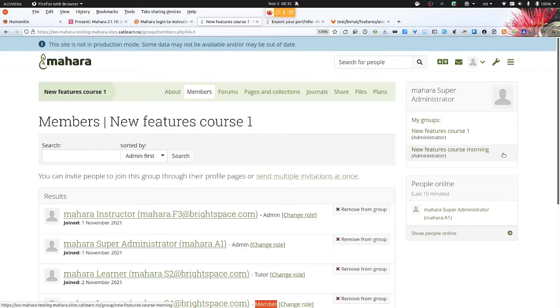And so that is really, really cool, because then the administrators for Mahara do not have to enroll themselves in every single group on the Mahara site when they need to troubleshoot something, because they are only in those groups temporarily.